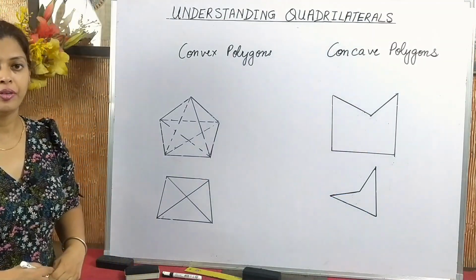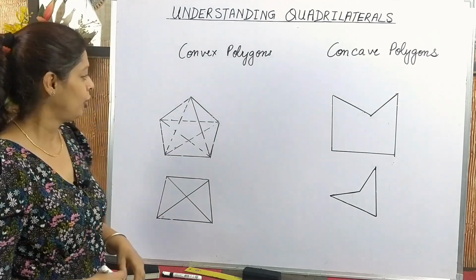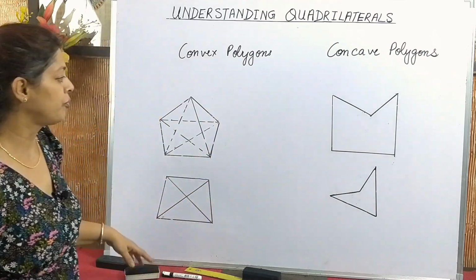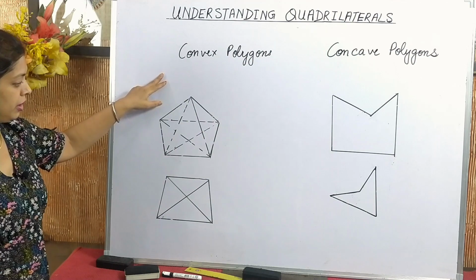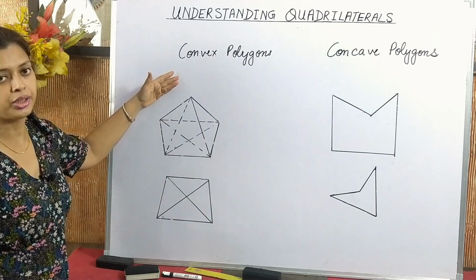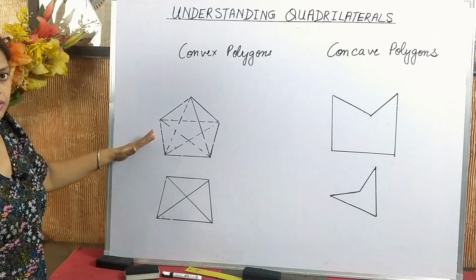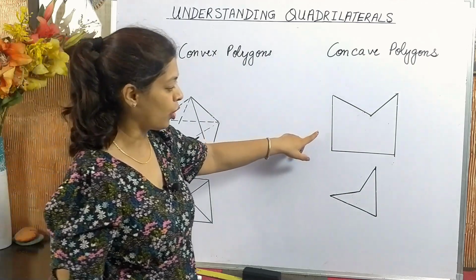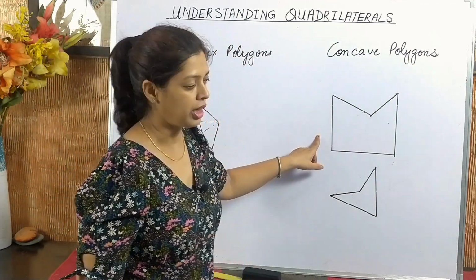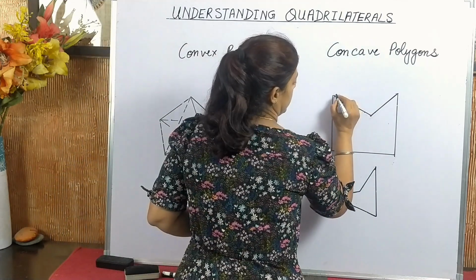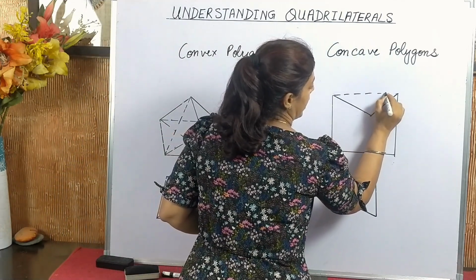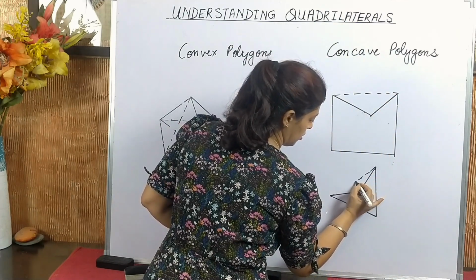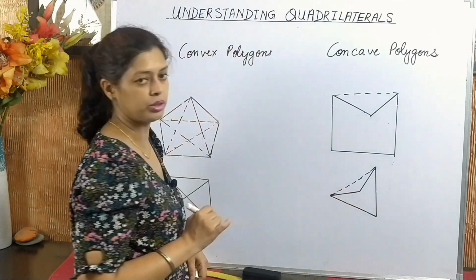Now, what is the difference between convex and concave polygons? Over here I have drawn 2 convex polygons, and here I have drawn 2 concave polygons. In terms of diagonals, in case of convex polygons, none of the diagonals will lie in the exterior region or outside the polygon. All the diagonals will lie within the polygon. As you can see, I have drawn the diagonals here. Whereas in case of a concave polygon, a portion of a diagonal will lie outside the polygon. So in this case, you can see one of the diagonals lies here, and in this polygon also one of the diagonals lies outside the polygon.